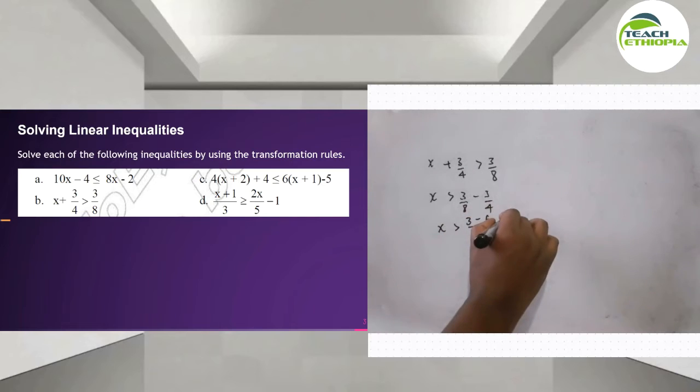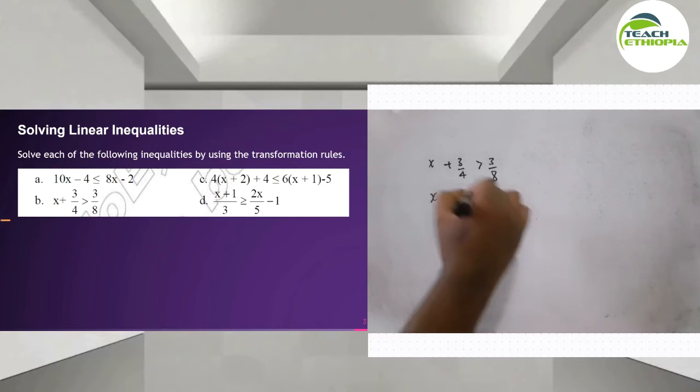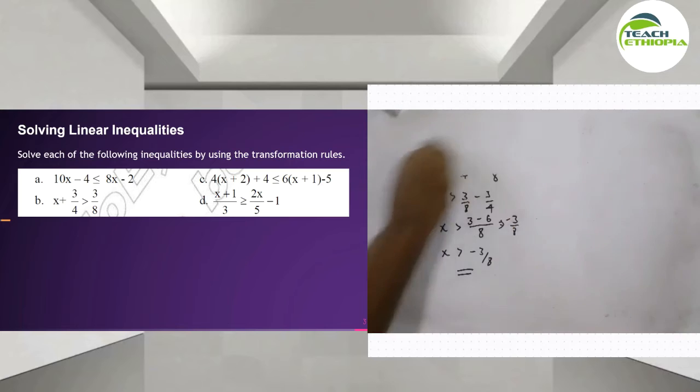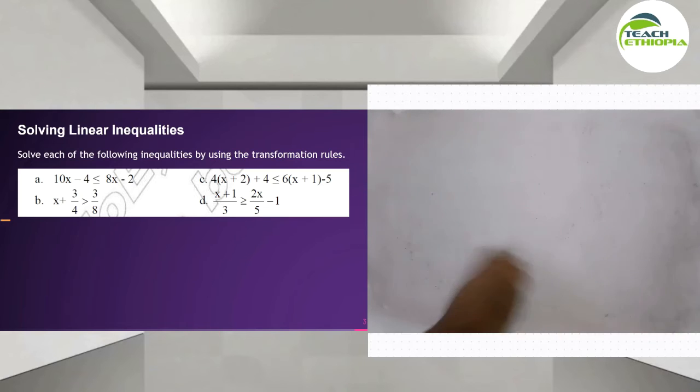it is going to be minus 3 over 8 ሆናል። ስለዚህ x is greater than minus 3 over 8 ይሆናል። ስለዚህ ዲፍረንት ጥያቄዎችን እየተሰራችሁ መለማመድ ትችላላችሁ ማለት ነው።